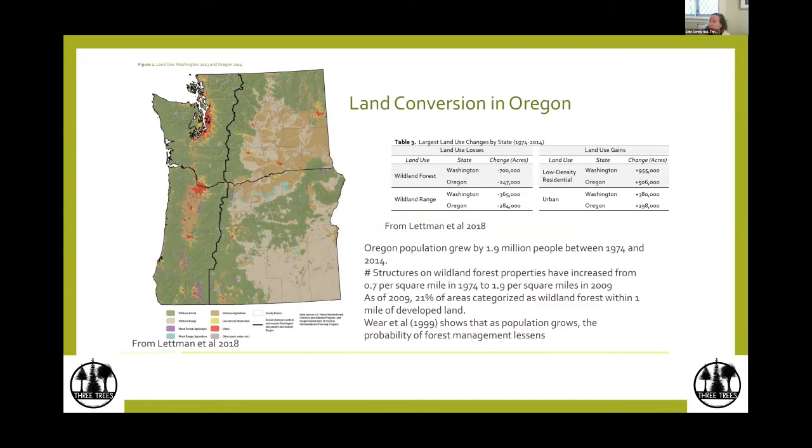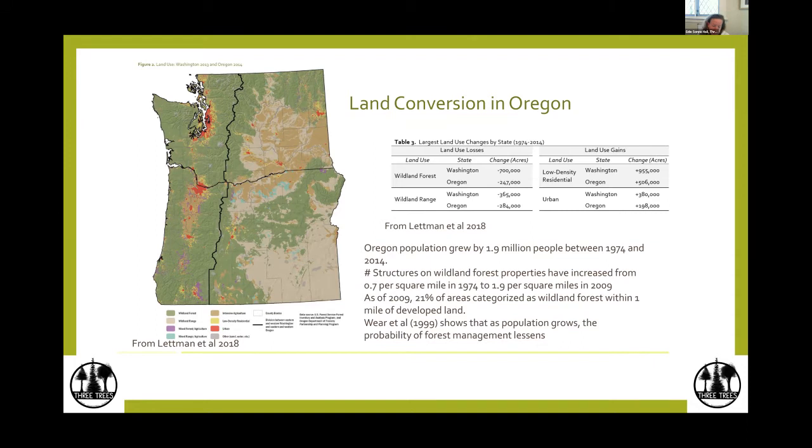You probably know Oregon's doing pretty well, and a lot of it is due to the Oregon Conservation and Development Act of 1973, which set in motion a series of strategies for reducing loss to development, including growth management zoning. As of 2009, 460,000 acres of all the lands zoned as developable were still in either forest, range, or agricultural use. Those are still able to be developed, but they are still in forest right now.